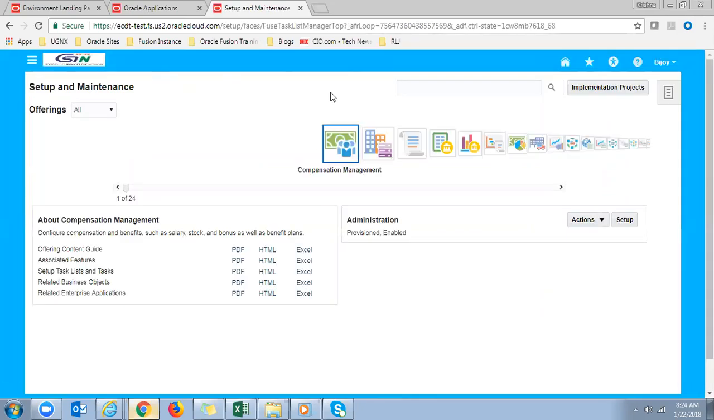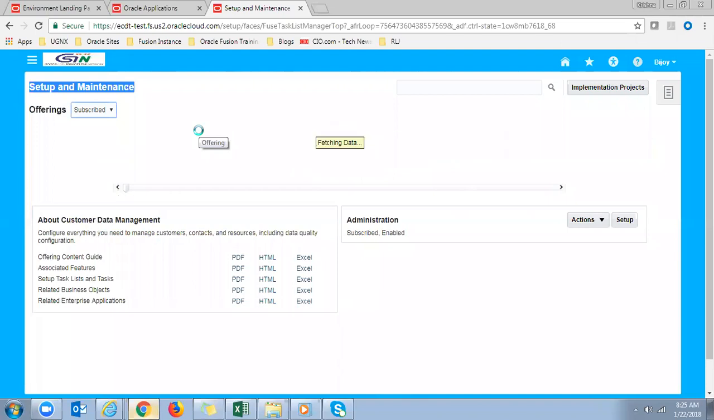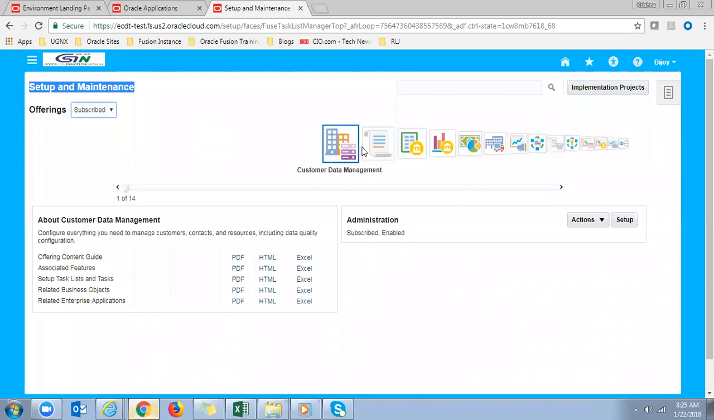So this is the setup and maintenance page, and we can see all offerings and subscribed offerings both. Look at here, our provisioned offerings and subscribed offerings. Suppose if I select subscribed, we can see the subscribed offerings here. What are the subscribed offerings? We have enterprise contracts, and then financials, and then FAH, Fusion Accounting Hub, and manufacturing and